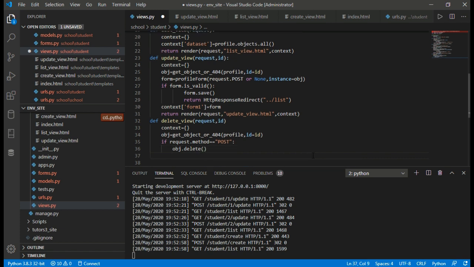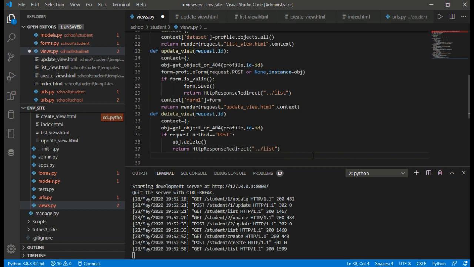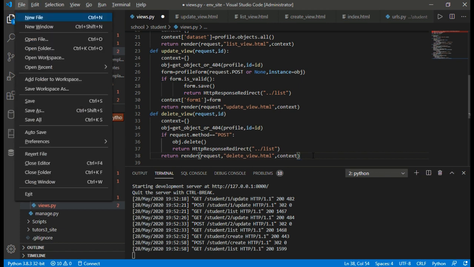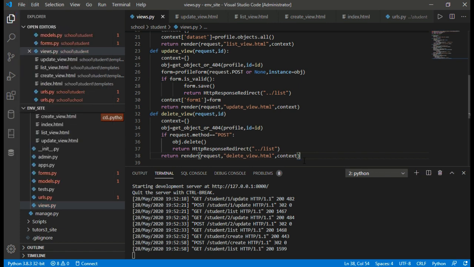If request.method is equal to POST, then the obj.delete method will be used, and return HttpResponseRedirect.